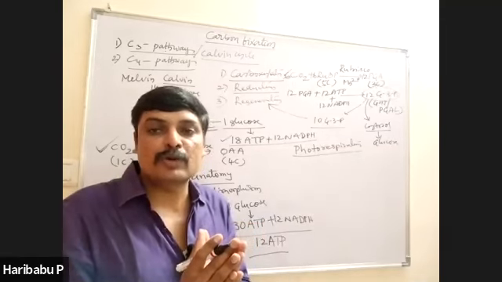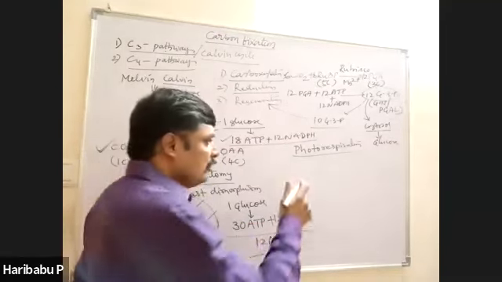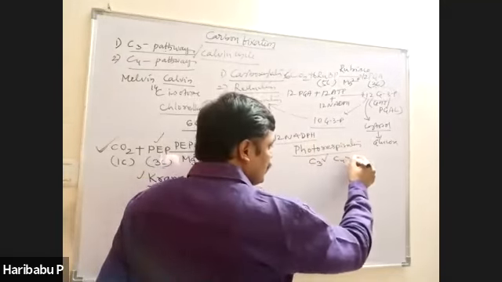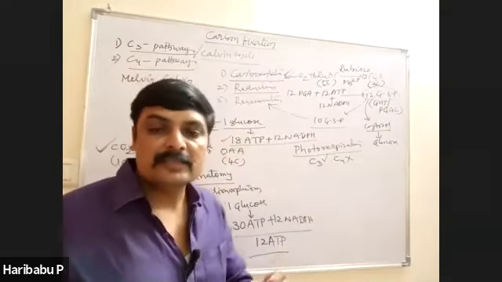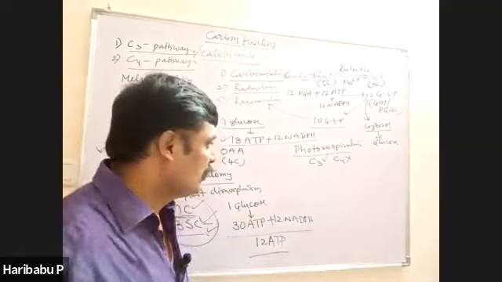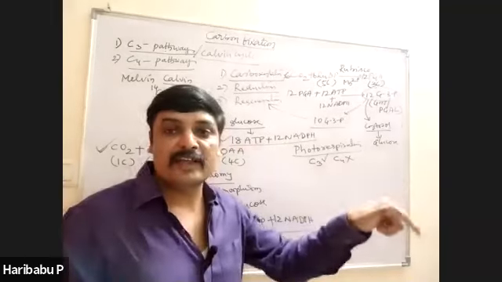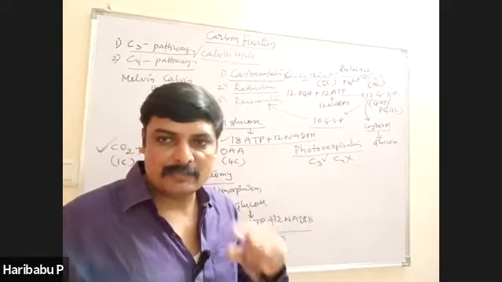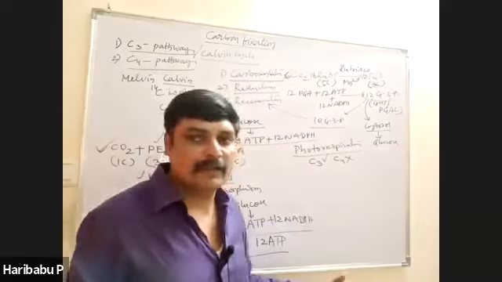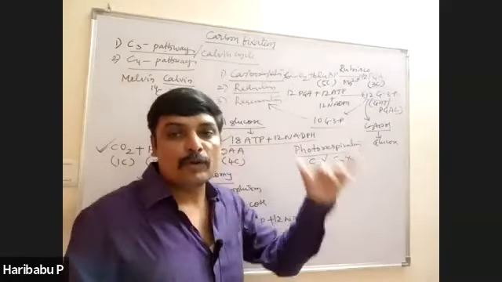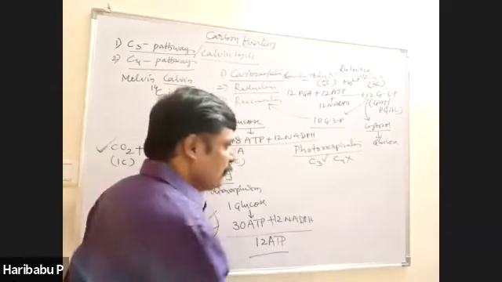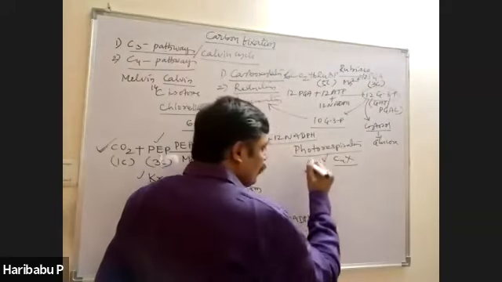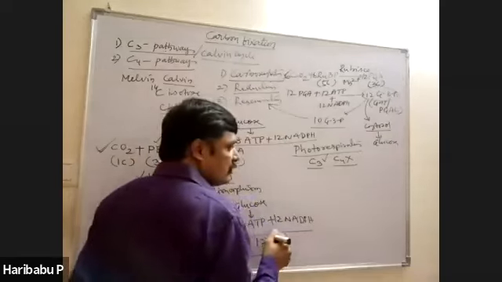It is an unproductive or uneconomical process, and this process is seen in C3 plants, but it is absent in C4 plants. That is the main reason why C4 plants are more efficient than C3 plants: the absence of photorespiration in the C4 pathway. Why is photorespiration absent or negligible in C4 plants? Why is it seen in C3 plants?